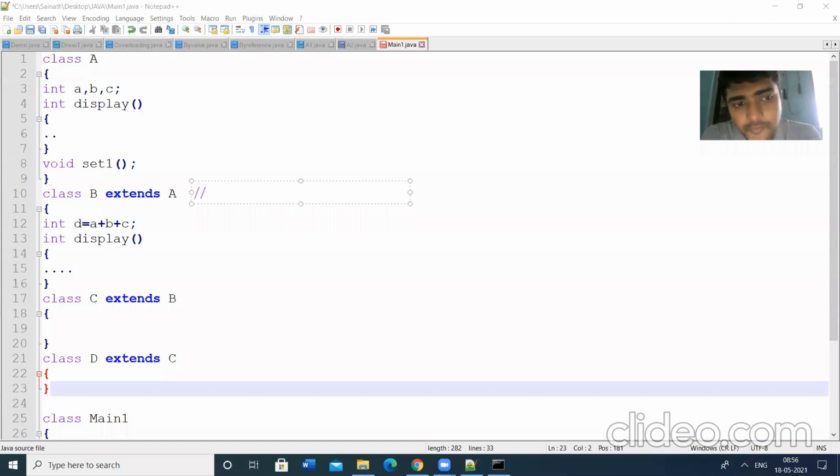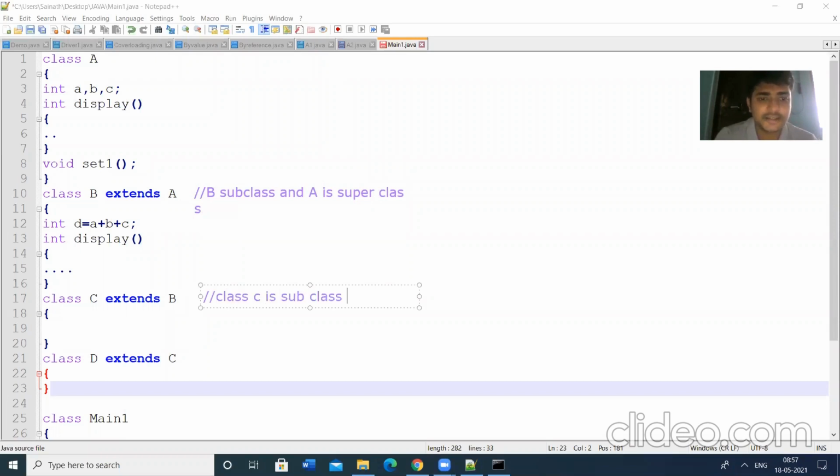Class B is the subclass and class A is the superclass. In the next case, class C is the subclass and class B is the superclass.